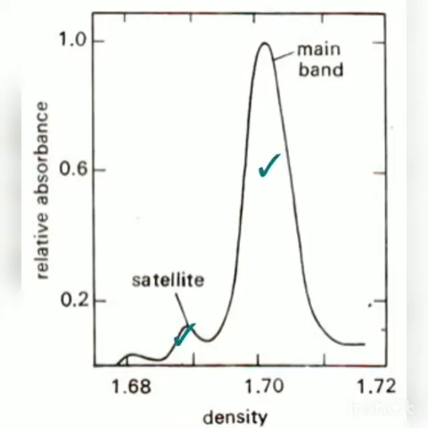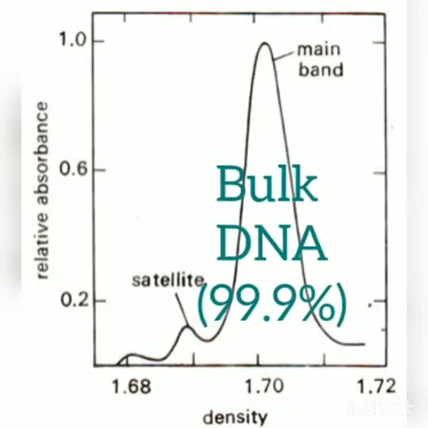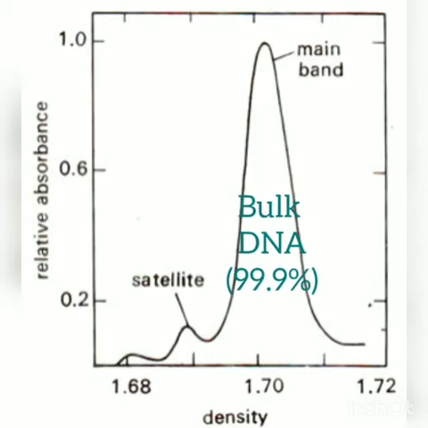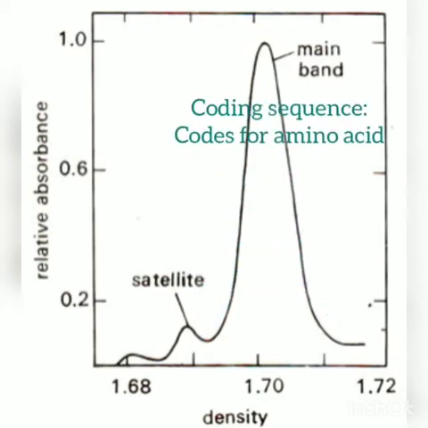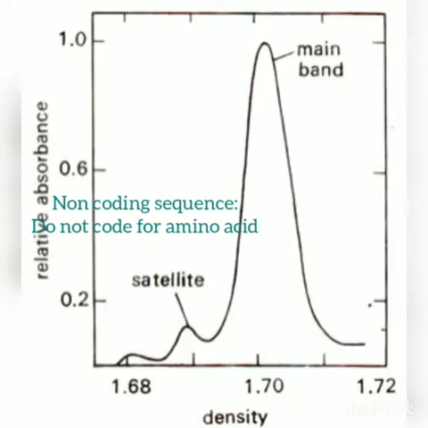Now, when we divide the complete DNA on the basis of density, we get two peaks. The larger peak is known as the bulk DNA, which is the 99.9% part of the DNA. It is the coding sequence. And the smaller peak is the satellite DNA, which is different in every individual and is a non-coding sequence or